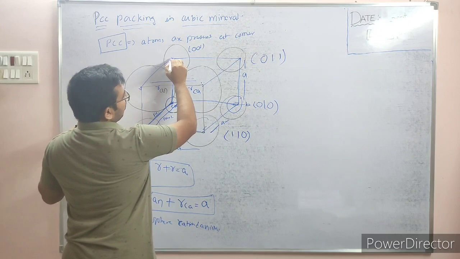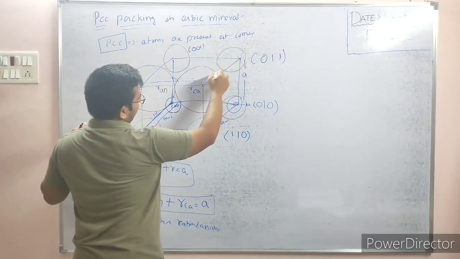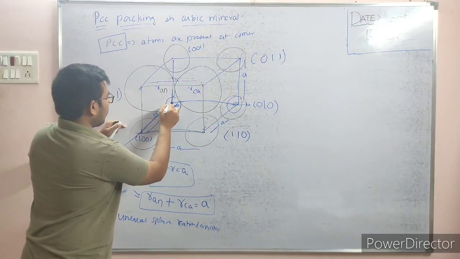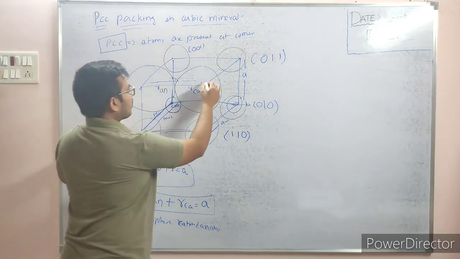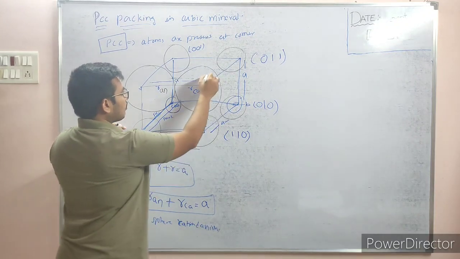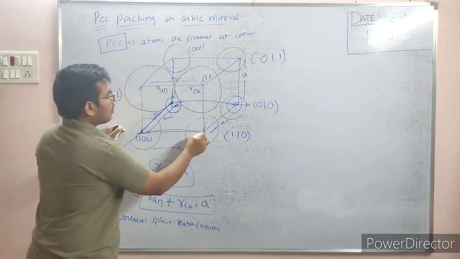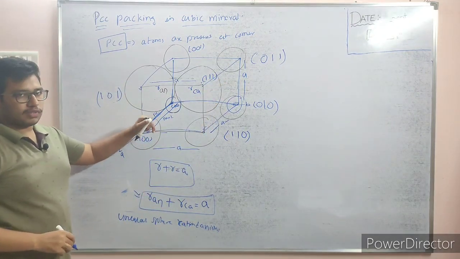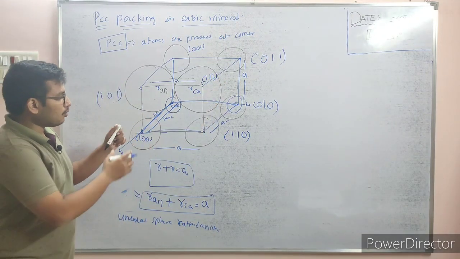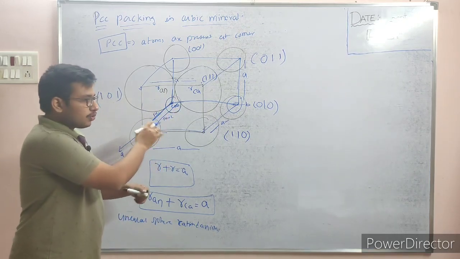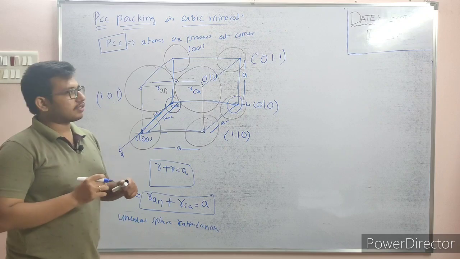Along the c axis 1 unit length, along the b axis 1 unit length, along the a axis 1 unit length, same thing. So if you are considering this part, it traveled along the a axis 1 unit length, so it will be 1. It traveled along the b axis 1 unit length, it will be 1. And it traveled along the c axis, which is 1. So this is how you have to designate. You have to find the simplest route, the very simplest route from the origin to the position of the atom. So that's all.